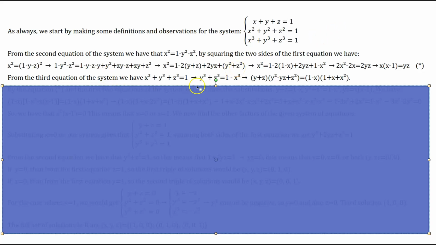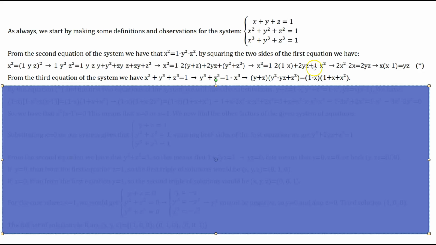But from the first equation, we have that y plus z is equal to 1 minus x. So y plus z, we substitute by 1 minus x. And y squared plus z squared is equal to 1 minus x squared. So we substitute this value over here, and we will have that x squared is equal to 1 minus 2 times (1 minus x) plus 2yz plus 1 minus x squared. And by doing the operations on the right hand side, we will have that